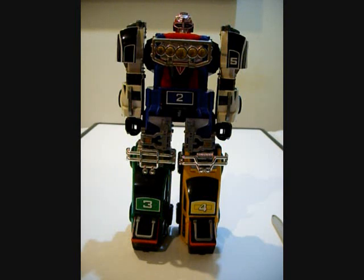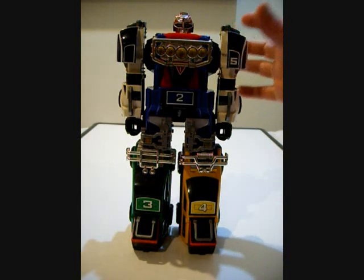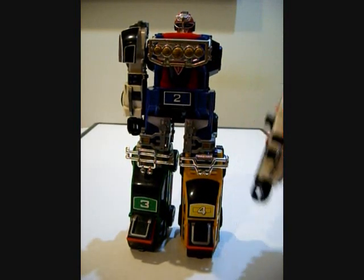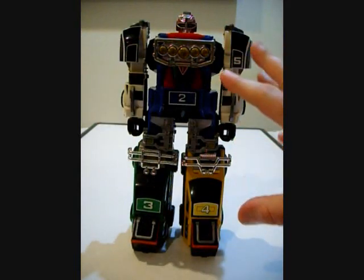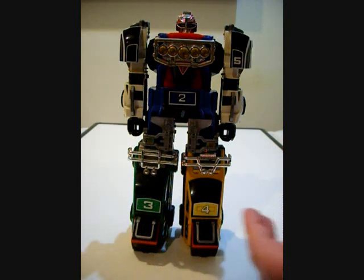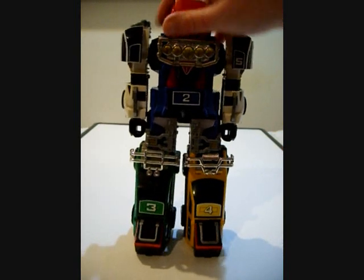Yeah, blah, blah, blah. But one thing I can't quite figure out, and I kind of knew it then, but I didn't know why, because I didn't know about Super Sentai when I got this. One of the problems I have always had to this day, and there's absolutely nothing I can do about it, obviously, is the arms are really small. Now, yes, obviously compared to the legs, they need to be small. Okay, whatever. One of the things that's nice about the Turbo Zords is all the vehicles are in correct proportion to each other. An SUV is bigger than a race car, which is smaller than a two-door coupe. Then there's the big monster truck thingy. It's not a monster truck because of the tires, but even when you put...